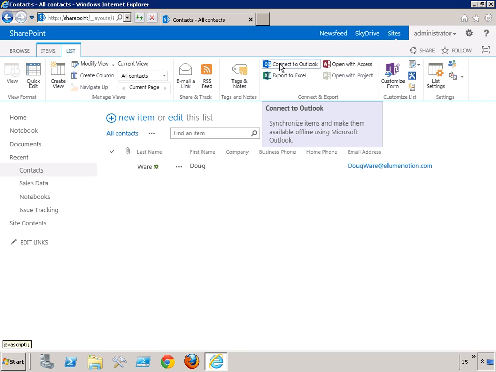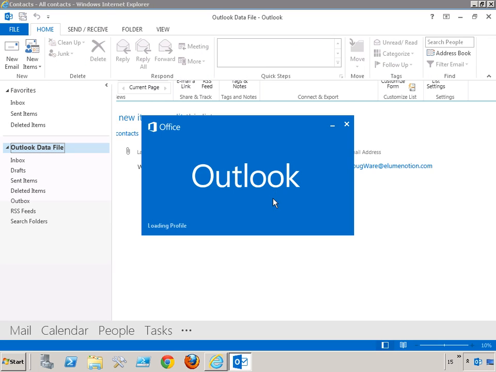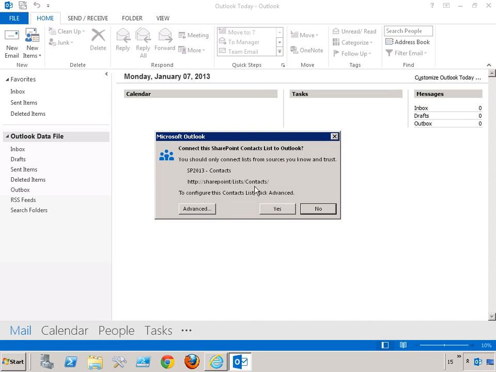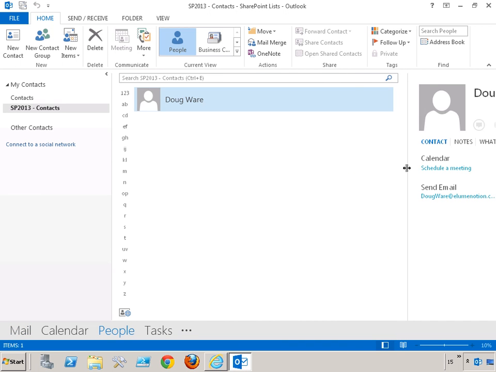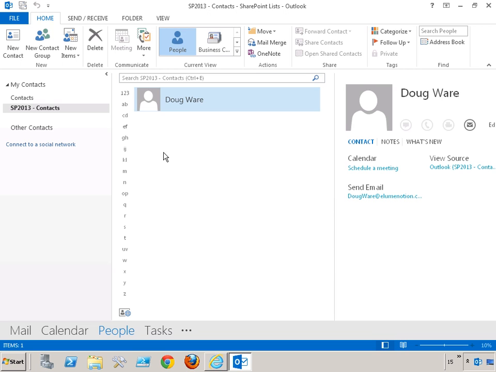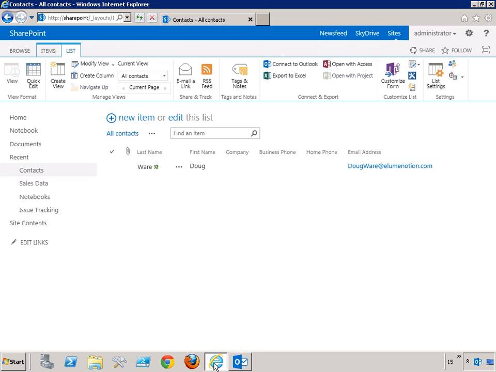So up here on the ribbon, there is an option to connect this to Outlook. And so it asks me, do we really want to allow that to happen? And then, do I really want to let that happen? And just like magic, I have a contact list inside of Outlook. And this is a two-way sync. So if I came in here and I added in a fake phone number